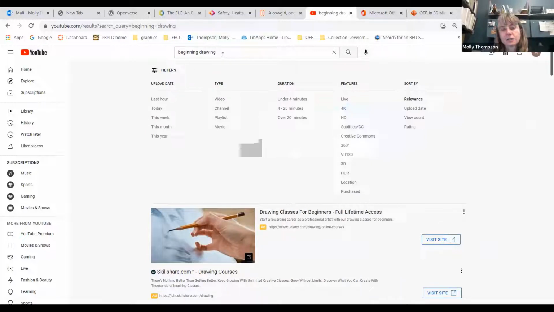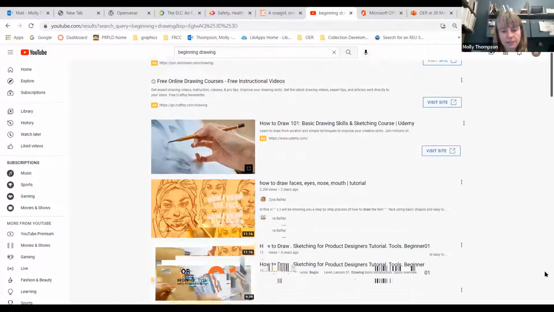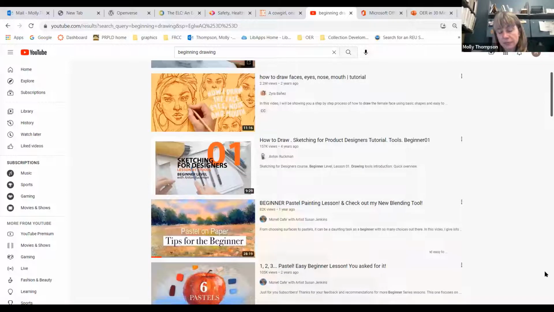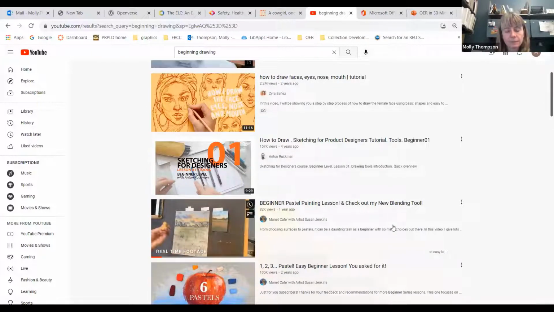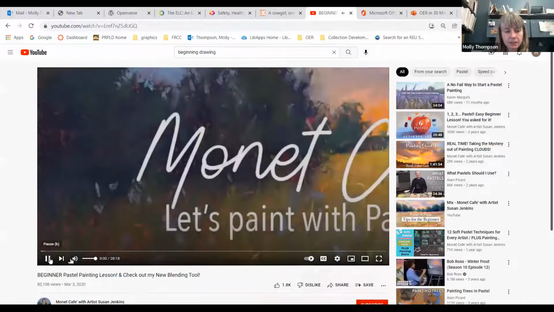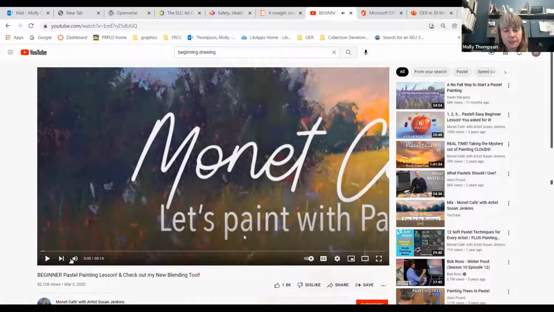So you could put in your search terms at the top, and then you can filter right here, and then you can click on Creative Commons. And then you should get videos that you can use freely in your OER, and you can put your OER license on them. So if I was going to look at this one on painting,